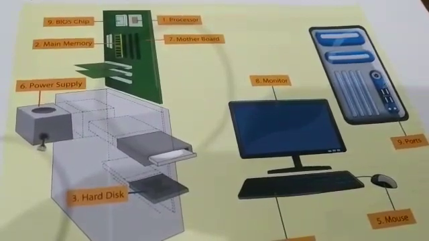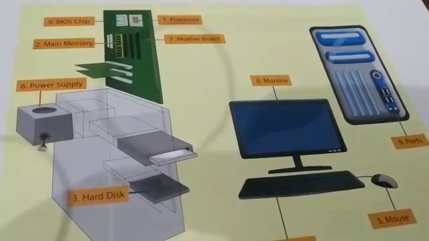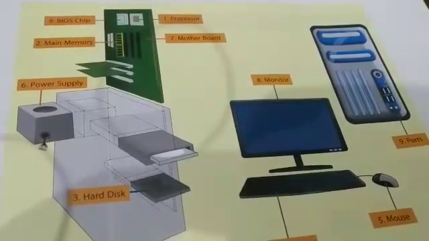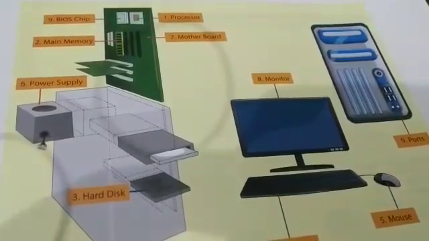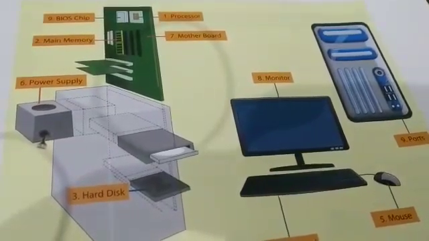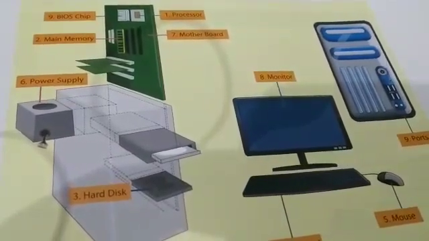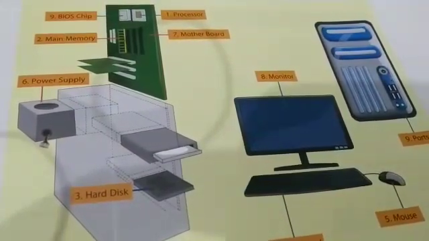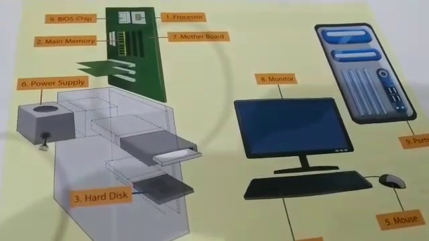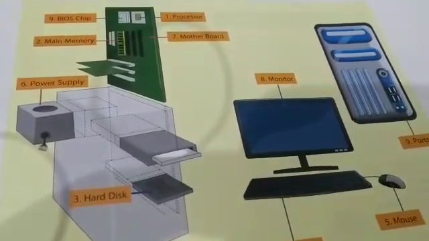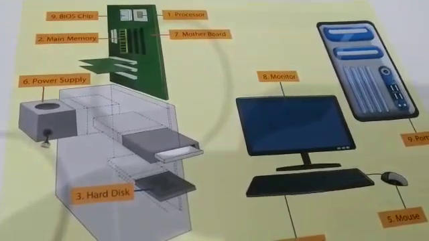Today I am going to explain to you the hardware, software and the operating system in computers. This video is especially for class 7th students. Do you know what is hardware? Hardware means the part of the computer that we can physically touch. Like we can touch the CPU, the monitor, the keyboard, the